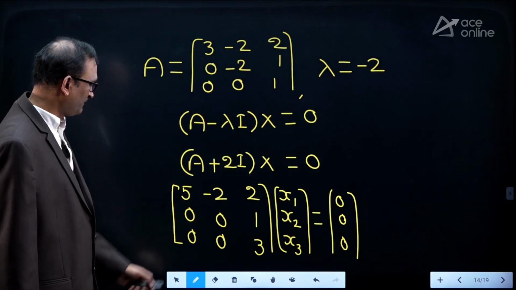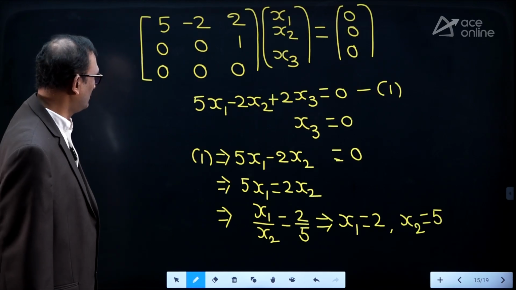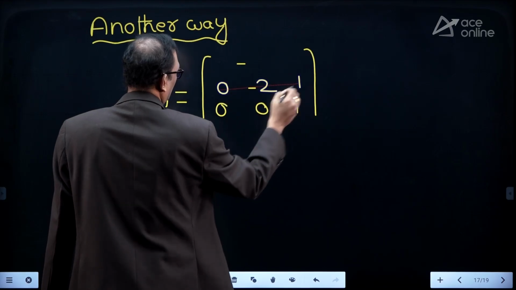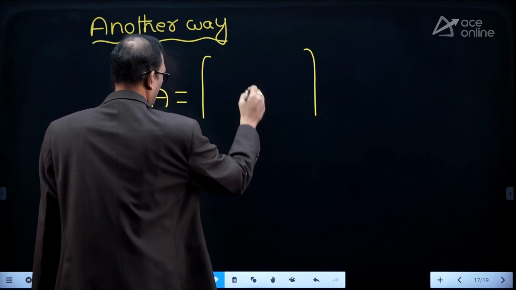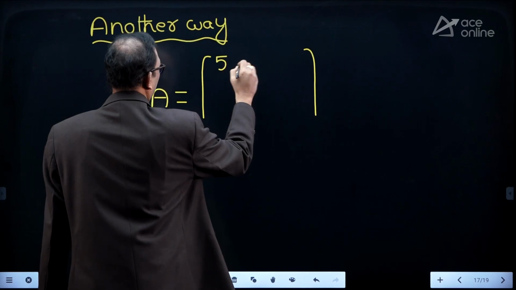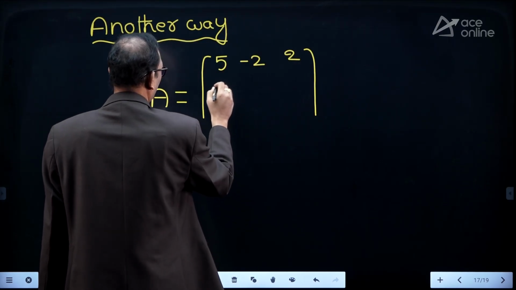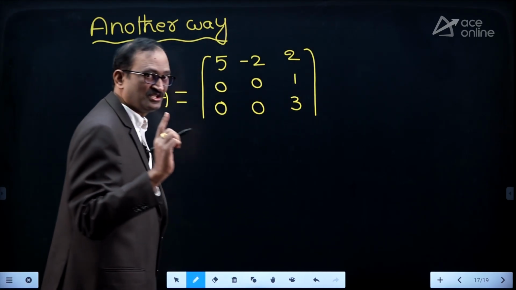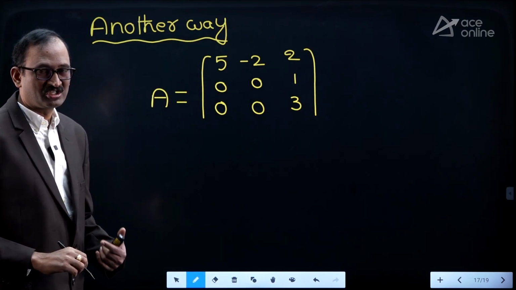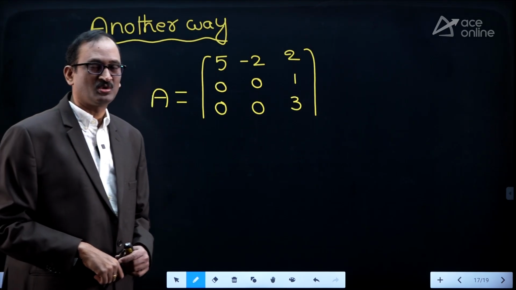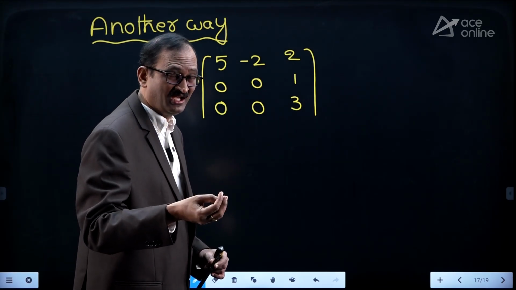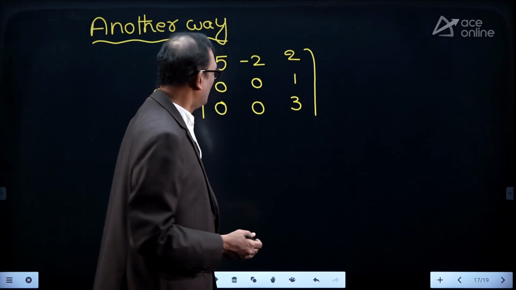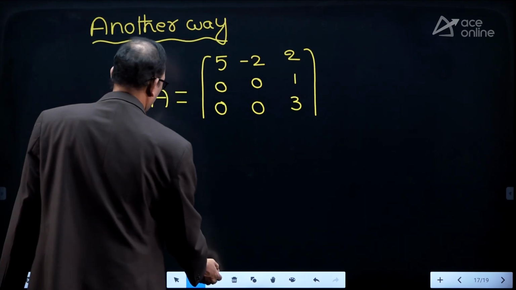What is this? 5 minus 2, 2, 0, 0, 1. After substituting lambda value minus 2, 5 minus 2, 2, 0, 0, 1, 0, 0, 3. Now select any two different rows. To find the eigenvector corresponding to the eigenvalue, select any two different rows. After substituting lambda value in A minus lambda I, once we get the A minus lambda I value in this matrix,